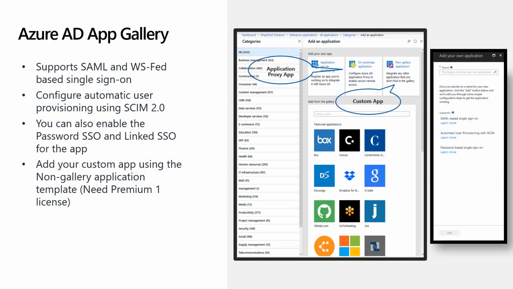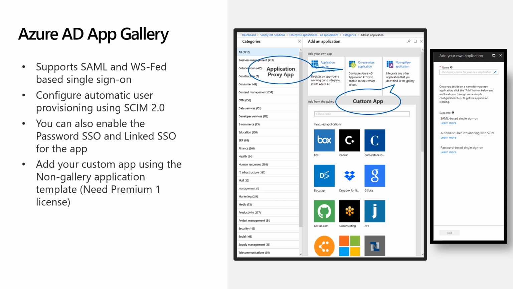All these applications support different types of protocols like SAML, WS-Federation, or the OpenID Connect and OAuth protocols. When you search for an application and select it, you can see what type of single sign-on is supported for that particular app. Also, the page will show you the link of the tutorial so that before adding the application from the gallery, you can read our public documentation for that particular app integration.